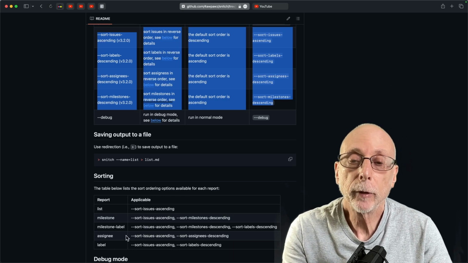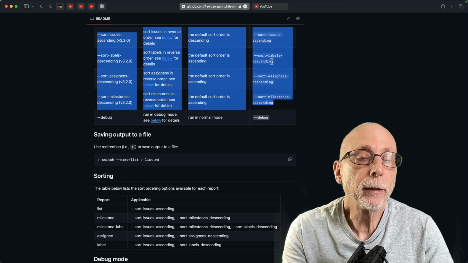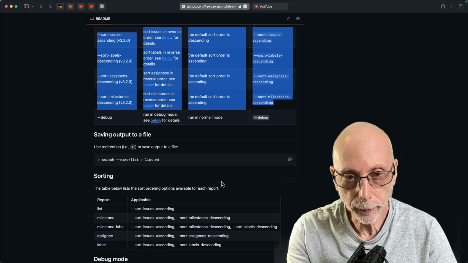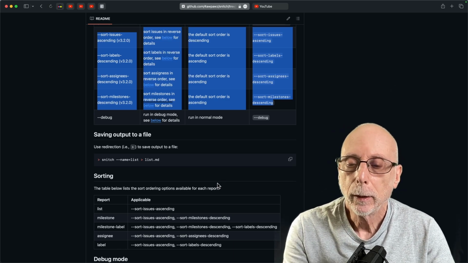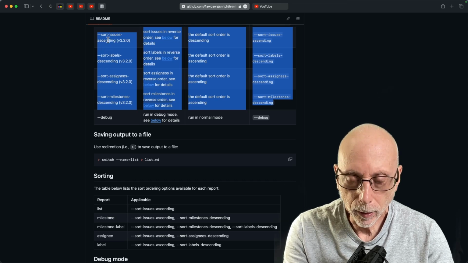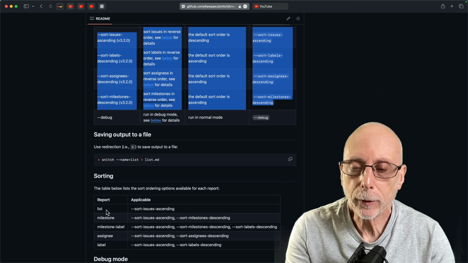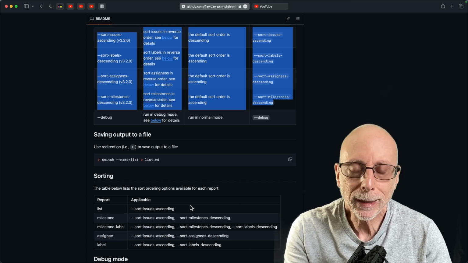And for the label report, we would use sort labels descending to sort the issues in descending label order, other than their normal sorting order, which would be in ascending order. So yes, we have these four options. They are report sensitive, or applicable to specific reports,